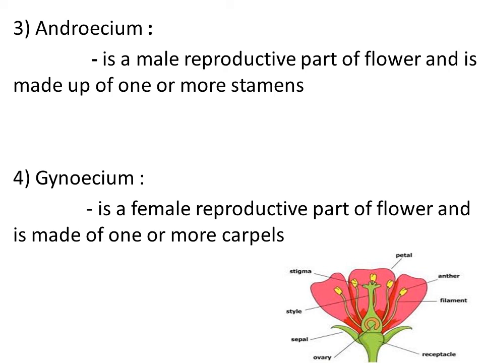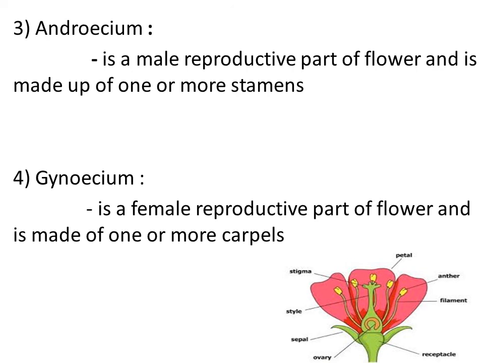Clear? The ovary is the part where the ovules are present. Within the ovule, the formation of the egg takes place. We have studied the detailed structure of the ovule in our previous lesson, right? If you have any doubt about the structure of the ovary, go through that video and make yourself thorough with this concept, right? The ovary is the part where the ovules are present. Within the ovule, the formation of the female gamete takes place, right?